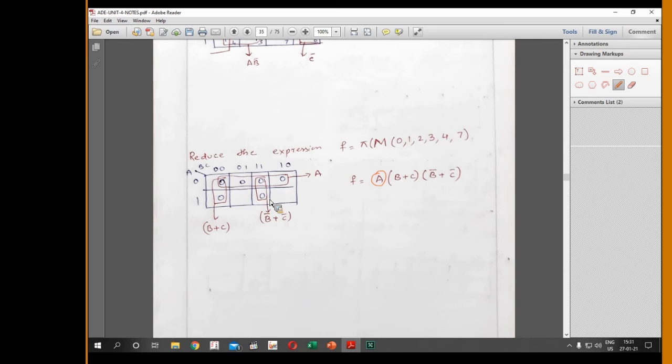Since it doesn't have an M6, I'm using the already covered max term. In the same manner, I'm checking for M7. If in my function I had an adjacency of M5 or M6, then I could go for the uncovered max terms. In the given function it is not there. Hence, I'm using the already covered max term, which is M3. Okay, is it clear, everybody? Is it clear?